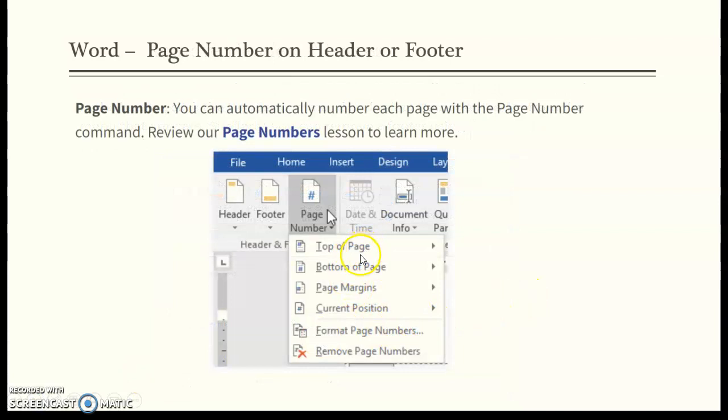This is if you wanted page numbering in an exact position and a specific style. Once you click these, if you want it at the top of the page or if you want it at the bottom, you'll get more options to choose what style you prefer, which style you like. And we'll continue with the